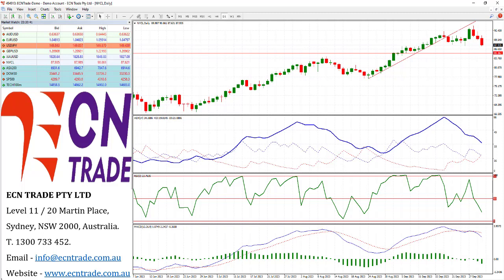Wrapping up with oil, since that topside rejection of around 92, the market has posted lower lows and lower highs, and now from the recent weakness, along with taking out the level of 88.35, exposes the region seen at 85.25. There is room there for the technicals, so I don't feel it will be too much of a challenge to get to that bottom side of the range before reversing.